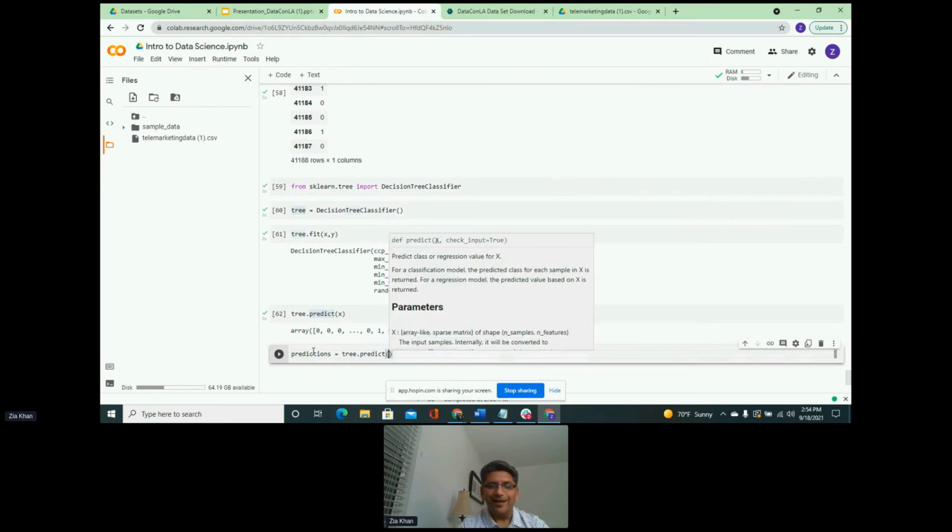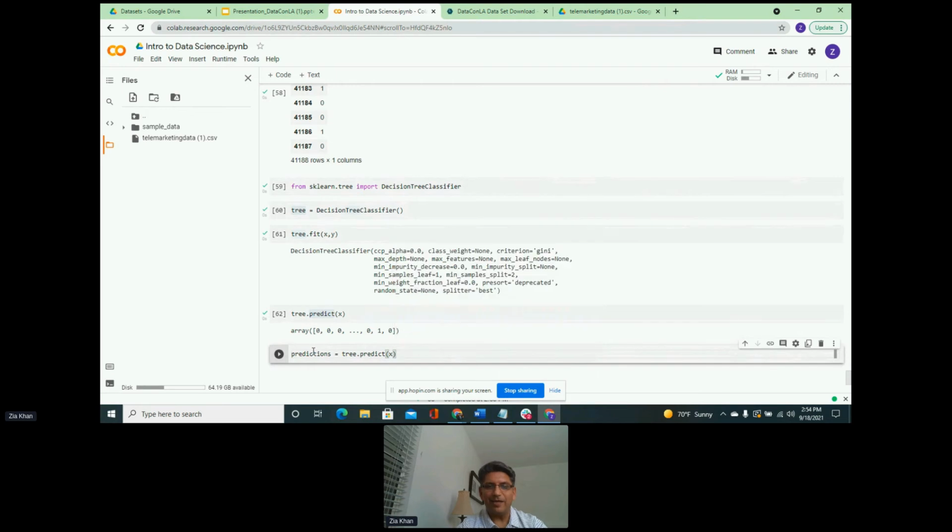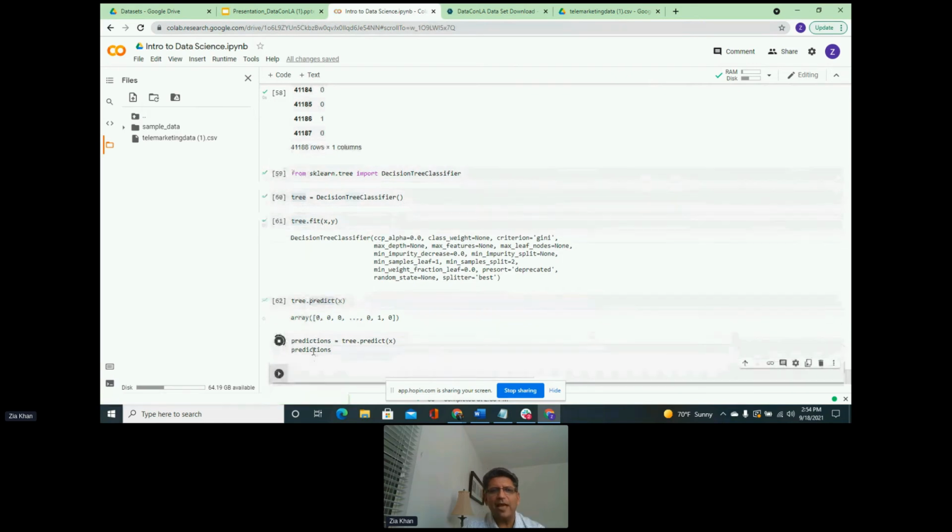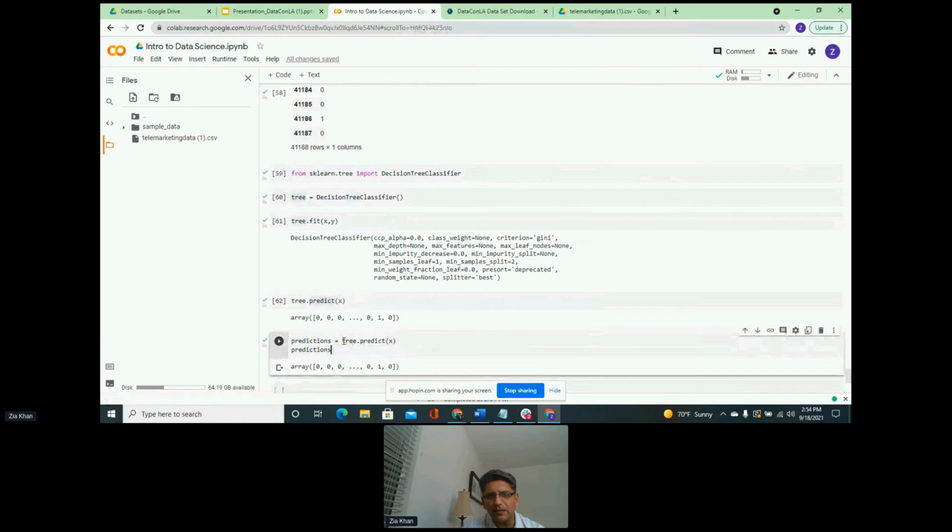How interesting. But these are our predictions, and let's call the predictions after that just to make sure that it actually saves. So we made the predictions on our X data set, and we stored them in this variable predictions. And if you compare the ones above and the below, they are the same. So it kind of tells us that this variable has all the information that we need. Now we have made predictions on the data.